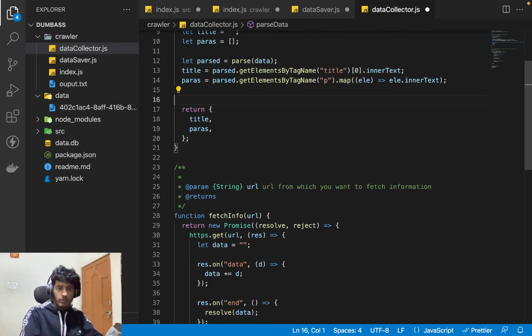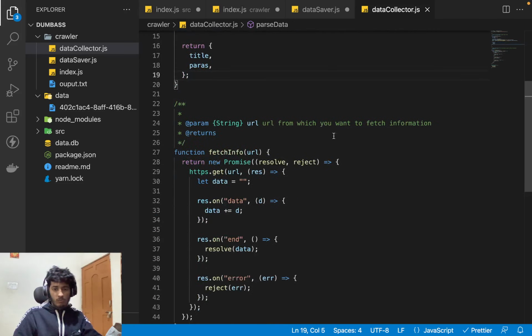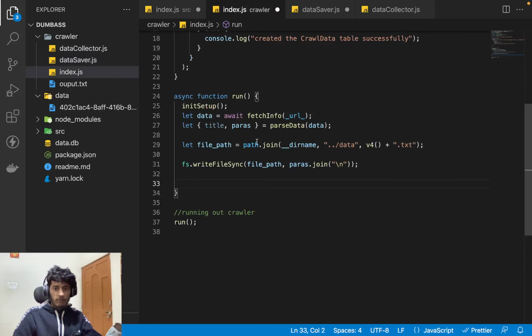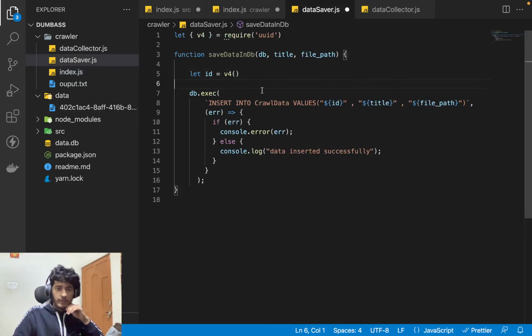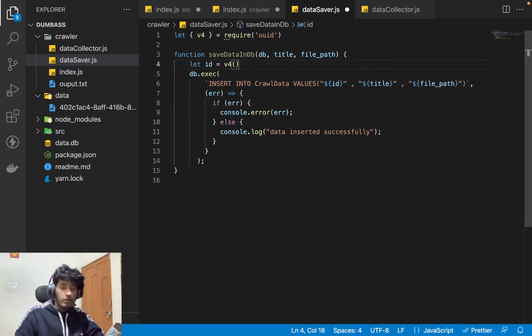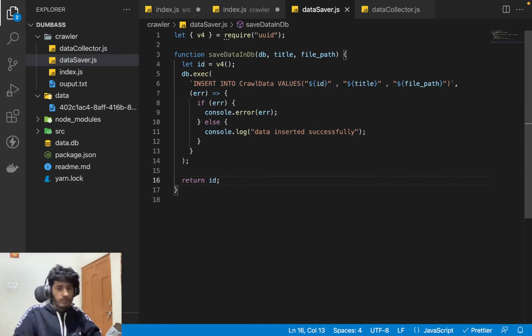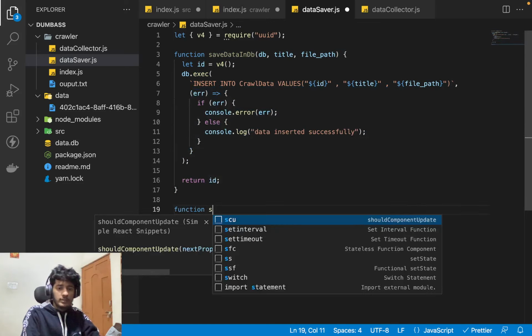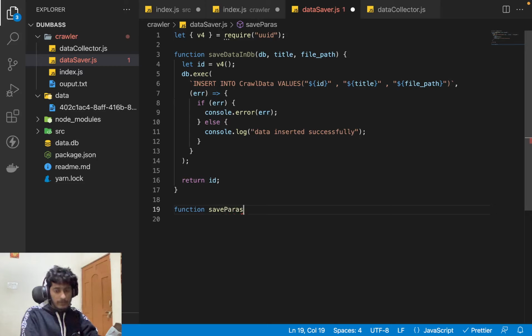By the way, this parser is also not required anymore. File path is not required anymore. No, the file path will be used by this fs write function, so we cannot create it over here. Let be, let be here. It's fine. So we have executed that, and then we have this error thing, and then we basically return the ID if you want to use this. It's up to you. So that's the save data in DB function, and then we have a function called save paras in file,